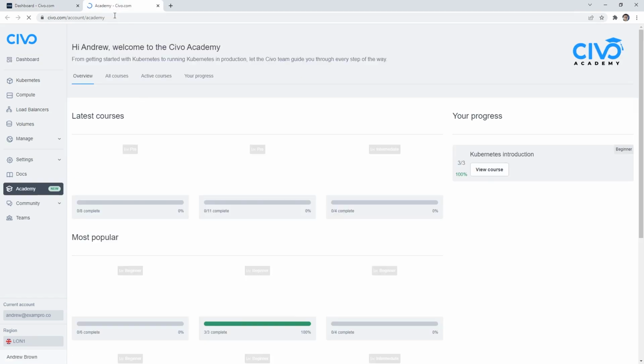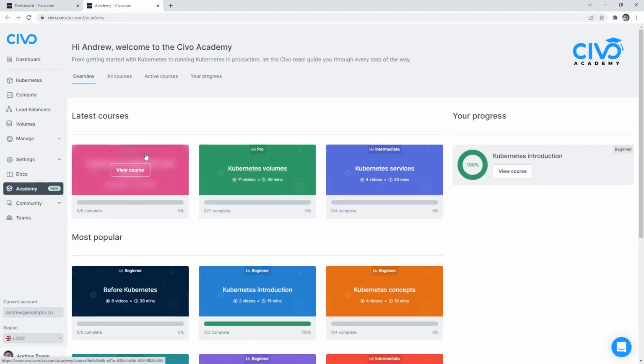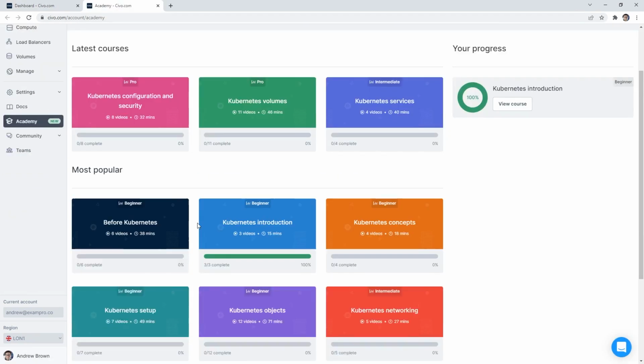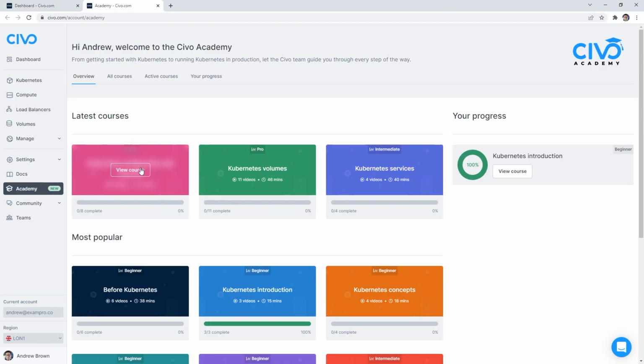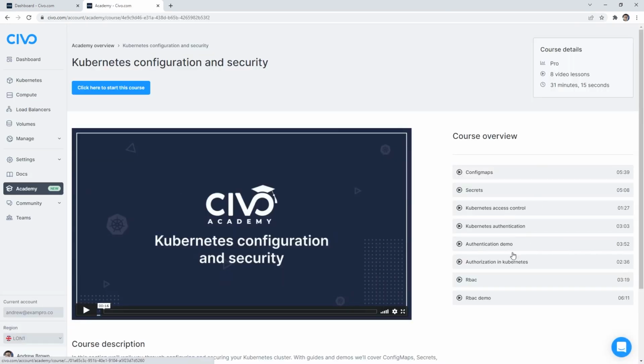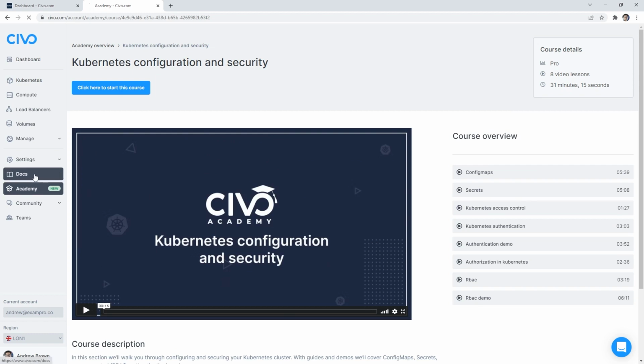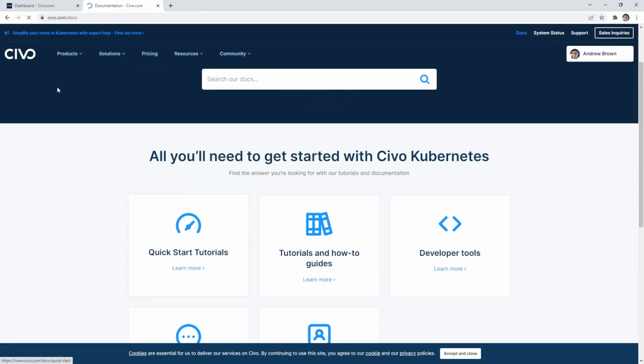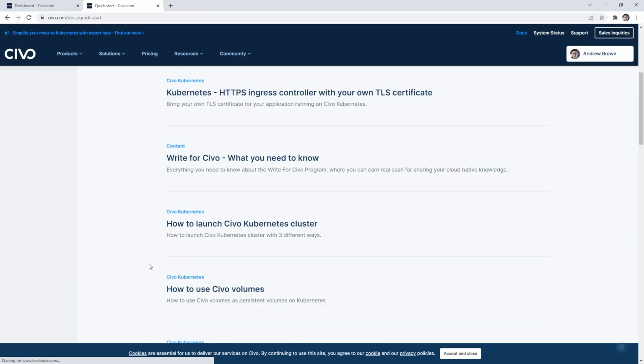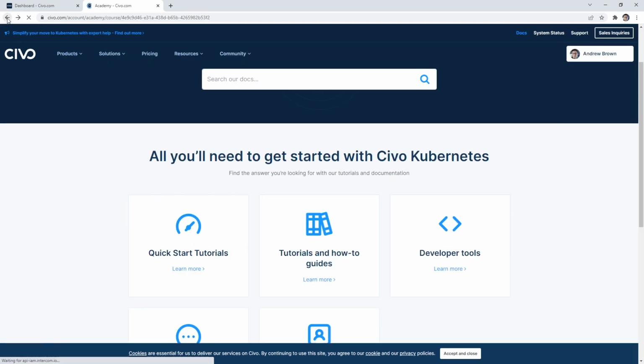Civo actually has a lot of great educational content for Kubernetes. So they cover a lot of stuff here. And so, you know, if you need more stuff, this is it. Mine is more certification focused, where there's just general knowledge. So maybe there's some places where you can fill the gaps by using their academy. They also have docs here. I haven't really gone through their docs, so I'm not sure of the quality of them, but I do know their